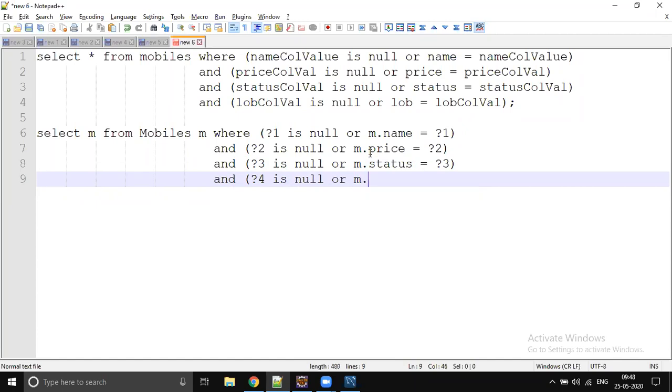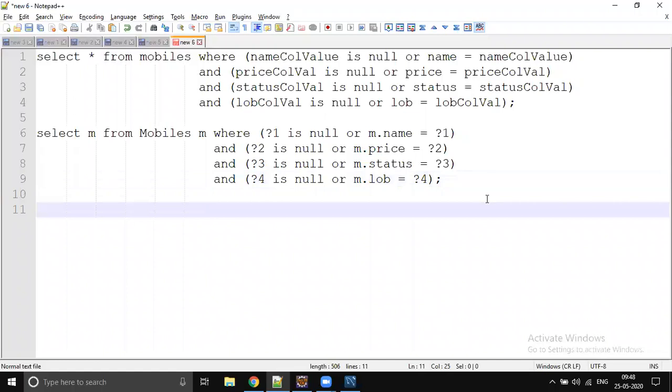If you are passing the parameter value, then LOB equals the fourth parameter, right? So this is how we should convert our raw native SQL query into JPQL. Mostly it looks very familiar and very easy, right? So this is with the placeholders.